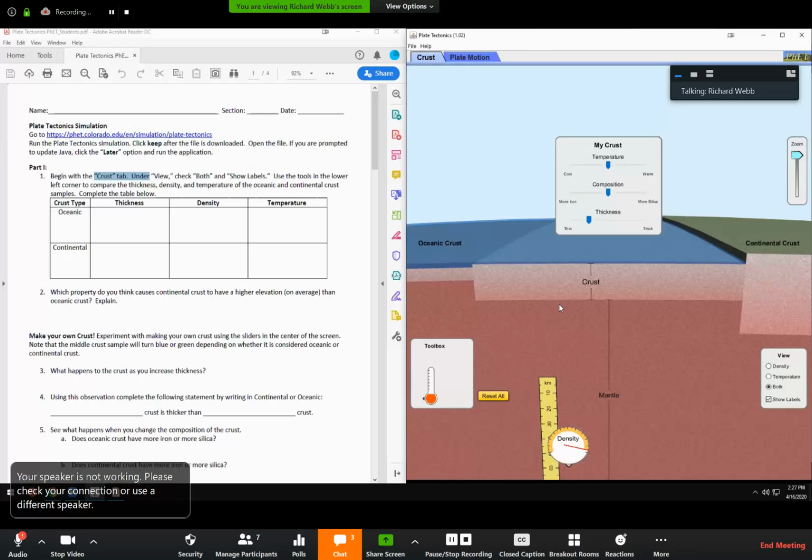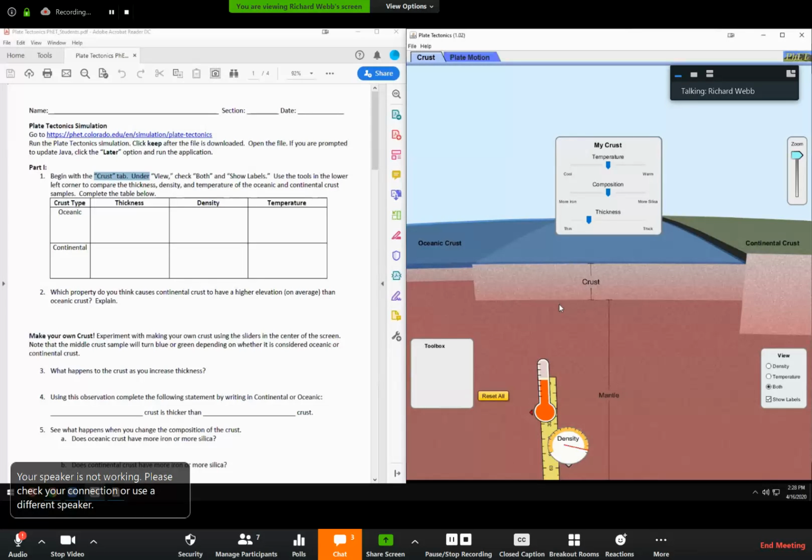The temperature is the tricky one because the temperature is different at the bottom as compared to at the top. So I recommend that you measure the temperature at the top and separately at the bottom and record both of those in that box. So there we've just looked at some of the basic properties of the oceanic versus continental